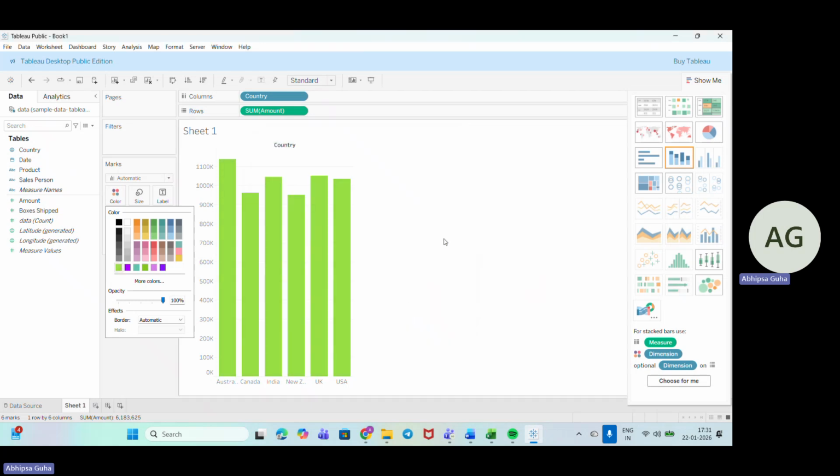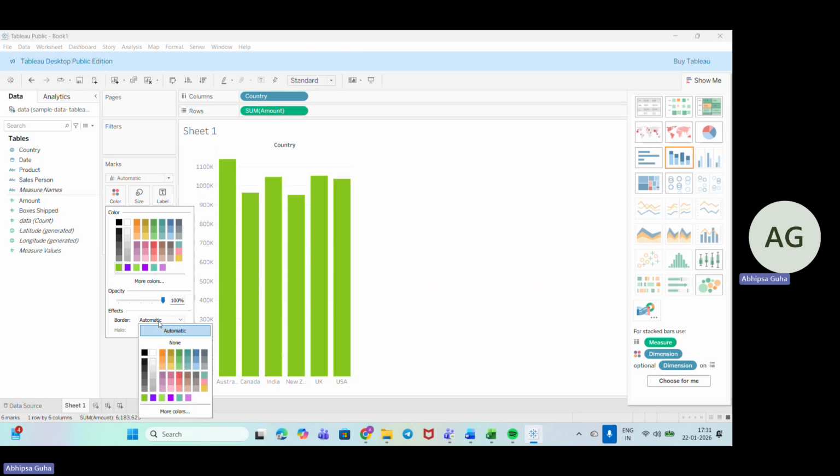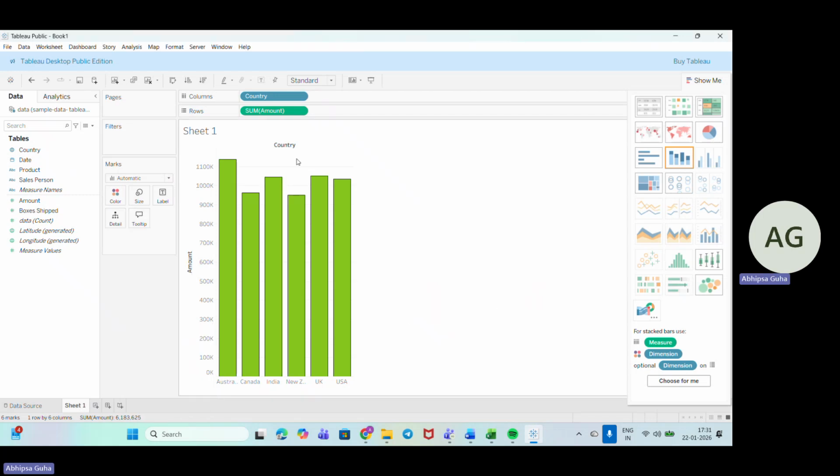This color looks good to me, I'll add it. And about the borders, I can also add a border color. Okay, no, I want this color only. And about border, I want automatic and I want this. So this is how I have added the borders.